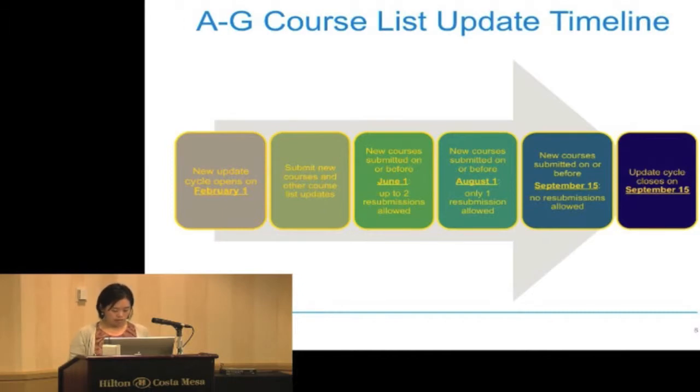If a course is submitted to us in phase 2, that would be June 2nd through August 1st, then there will be only 1 opportunity for resubmission. And for any courses that are submitted to UC after August 2nd, and by September 15th, which is when the update cycle closes, there will be no resubmissions allowed if the course is not initially approved. In that particular case, you would need to wait until the following update cycle before you could submit the course